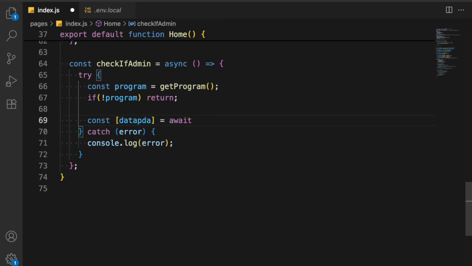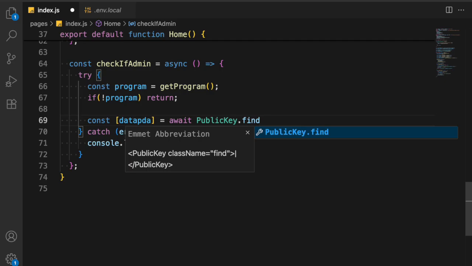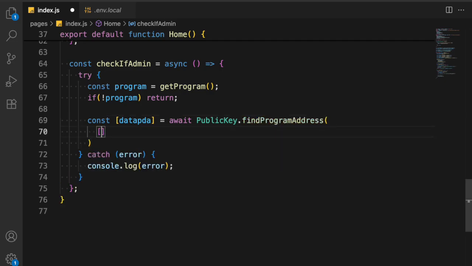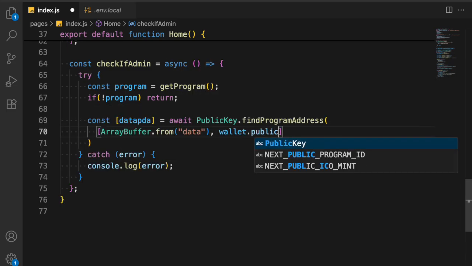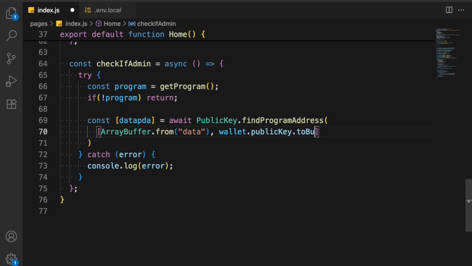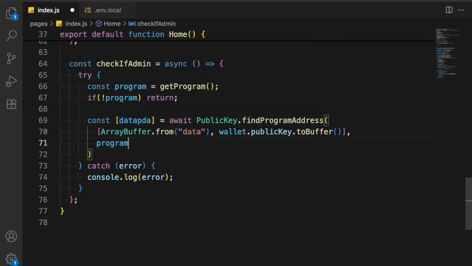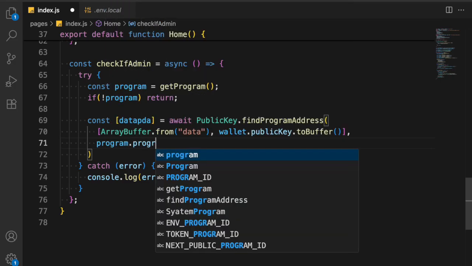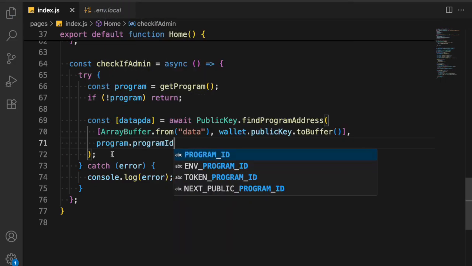and we'll say await public key. We'll use the find model and we can simply pass the details. So we'll pass the buffer from, in which we can pass the data, and we have the wallet address of the user who connected with the application, public key, and we have to convert it into a buffer. Perfect. And we'll pass the program, and we already have on the model called program ID, and that will give